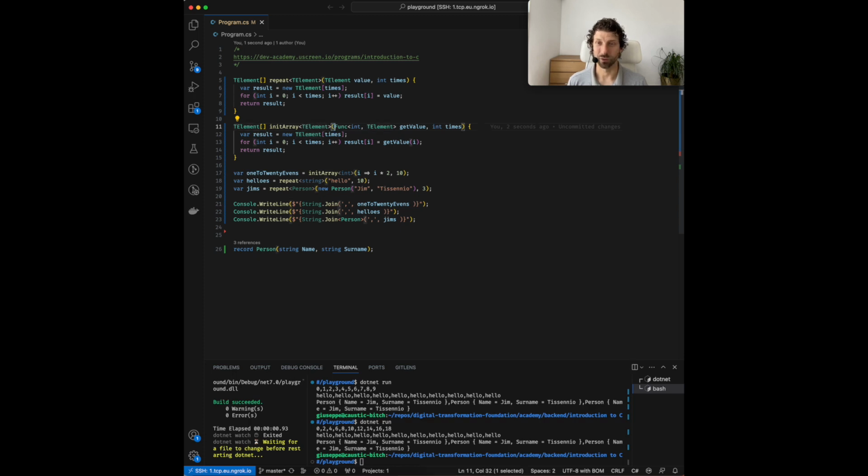But what if I want to, for example, create a new T element? Well, then I need to provide a function, and this function, in the case of, for example, getValue, is sort of like passing a constructor of T element, whatever T element might be. So here I'm kind of stating that T element can be constructed based on an int. And if I want to be able to take two T elements and I want to say I guarantee that they can be concatenated together, then I will have to pass, I'm not going to use it here, but just to give you an impression, if I want to be able to concatenate the T elements together,